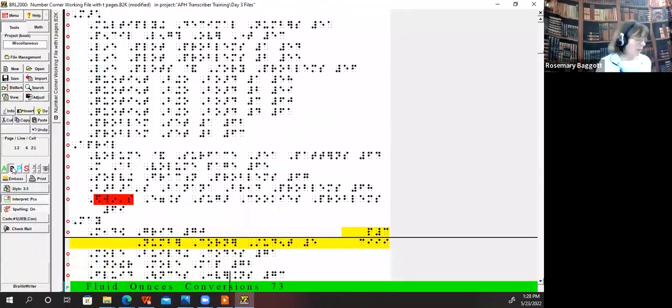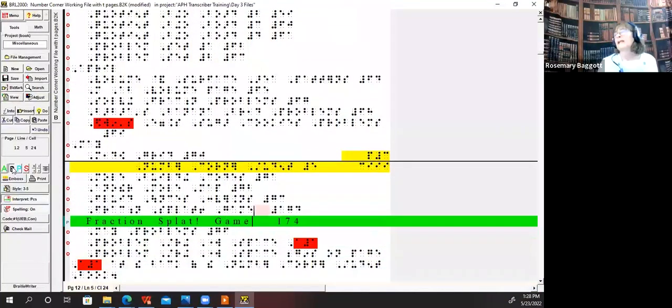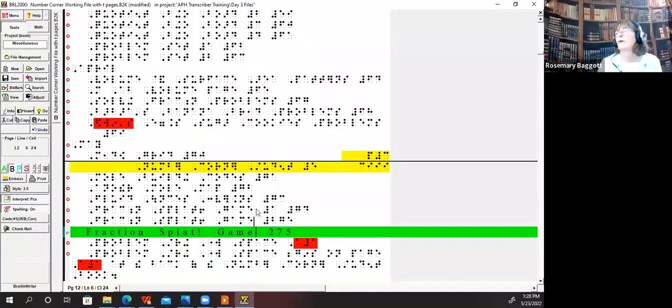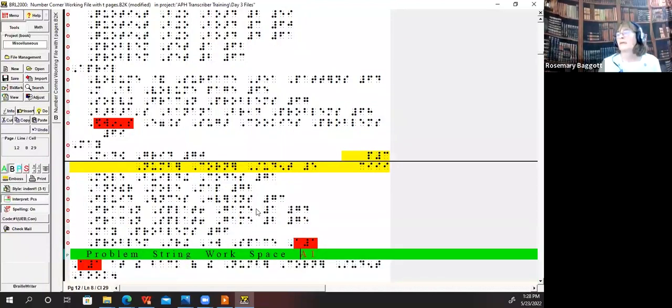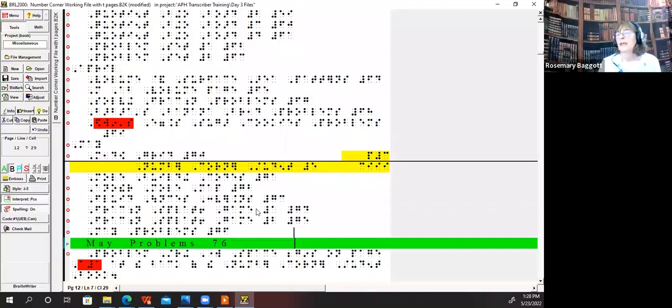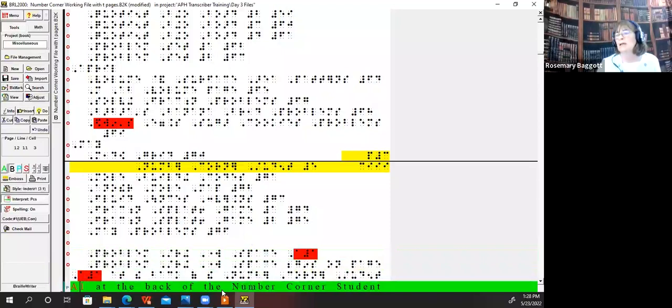All right, so pretty much 63. There's just 2 more on here. And the double space helps here. This pink section here tells me, okay, something's wrong. Yes, look at the print. It should say fraction splat game 1, page 74. And that's it. I've also come to the end of the page numbering and back to the print copy. This is also part of the table of contents here.